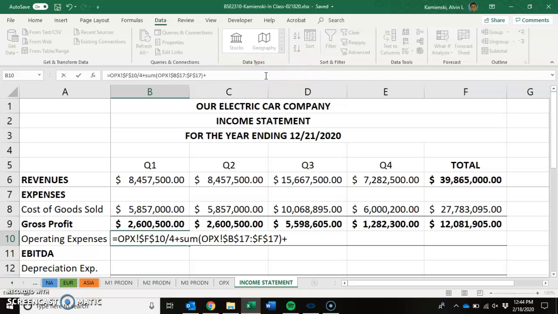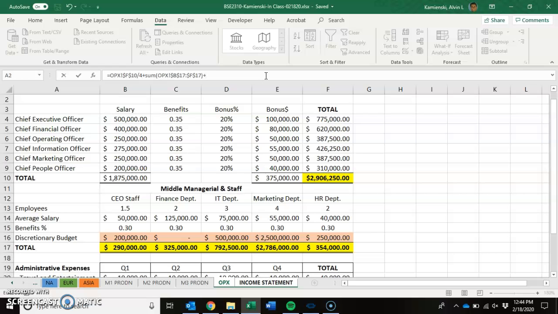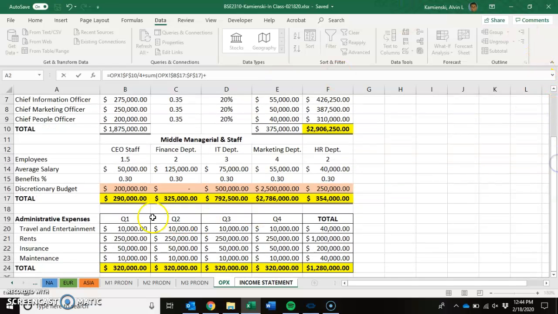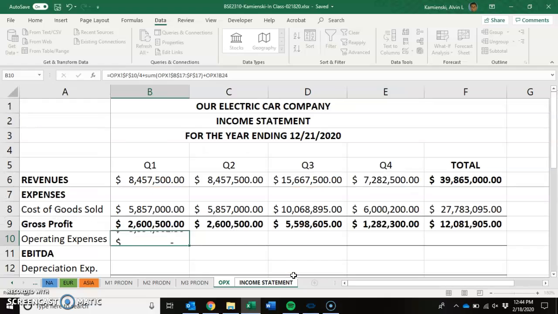Then I need to add one more thing. And the one more thing I need to add in there is my specific administrative expenses just for Q1. When I highlight that, though, in this case, I'm not going to do the F4 because when I copy and paste, I want the number to change from column B to column C to column D to column E. So if I hit enter, my number looks like